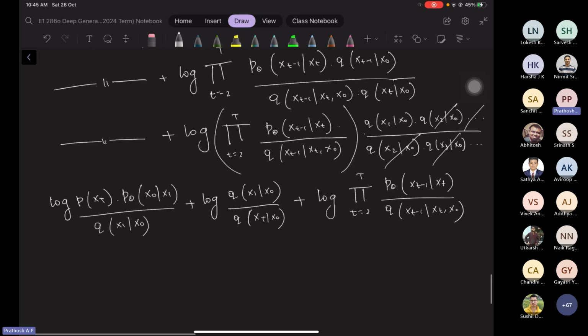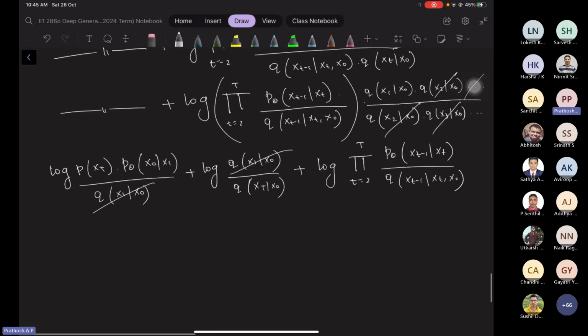Okay. So now look at this. There is q of x1 given x naught, log of ab by c. So this is log of ab minus log of c, and this term and this term get cancelled away, right? That's why we took x1 and x0 outside in the beginning. Now this will become log of a plus log of b. I can combine them and write that as log of p of xt, times